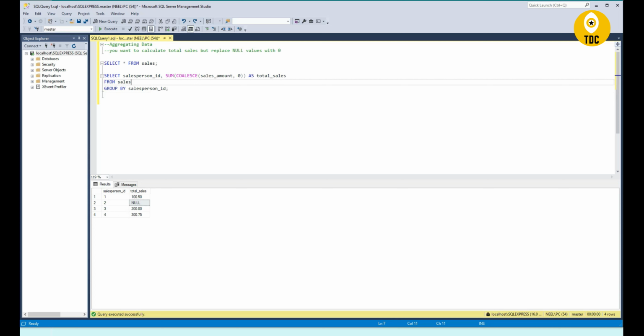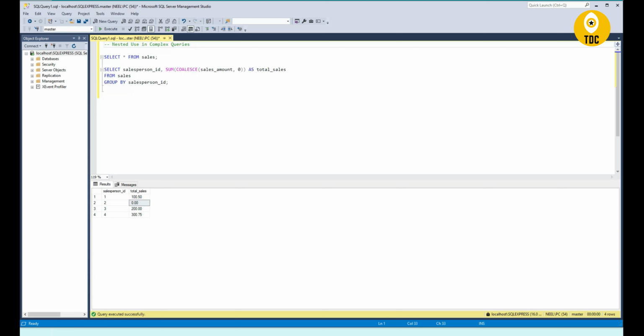So what you can do is you can use a Coalesce of sales amount comma 0. That means if sales amount is not available, you can default it to 0. So that in that way, it actually gracefully replaces that null with a 0 value, right? Yeah, you can think of how readable it can be, right? And how handy it can be when you are presenting the reports and other stuff, right? And next, we will see nested use in